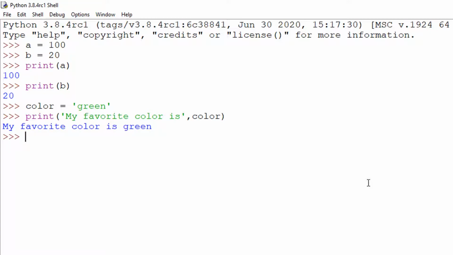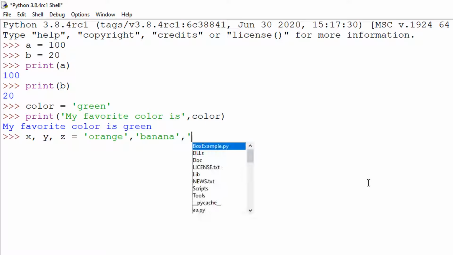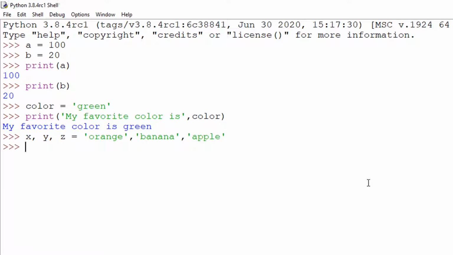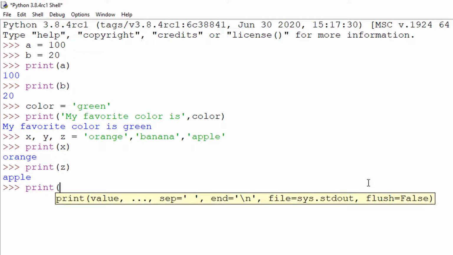You can create more than one variable in a single statement. Here orange is referenced by X, banana is referenced by Y, and apple is referenced by Z. To check this, you can write the print statement. Print X, orange. Print Z, it is apple. Print Y,